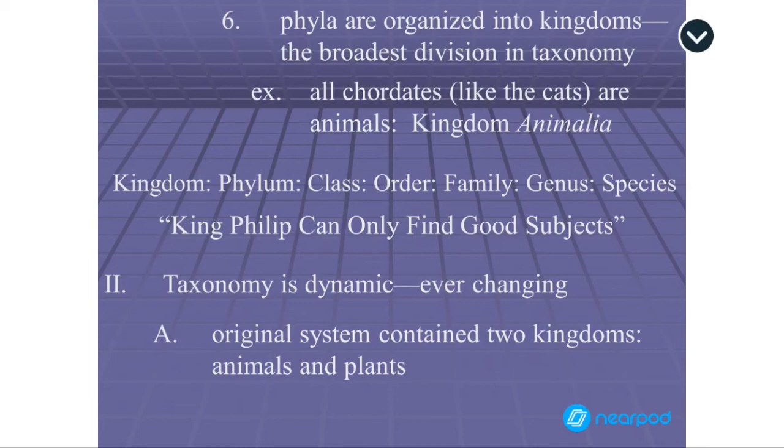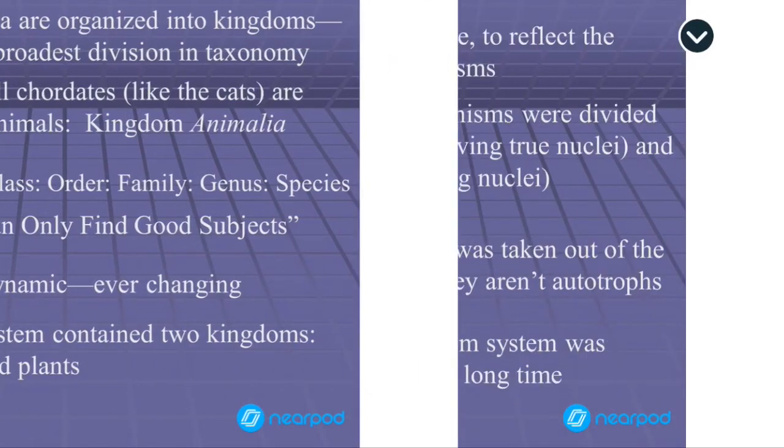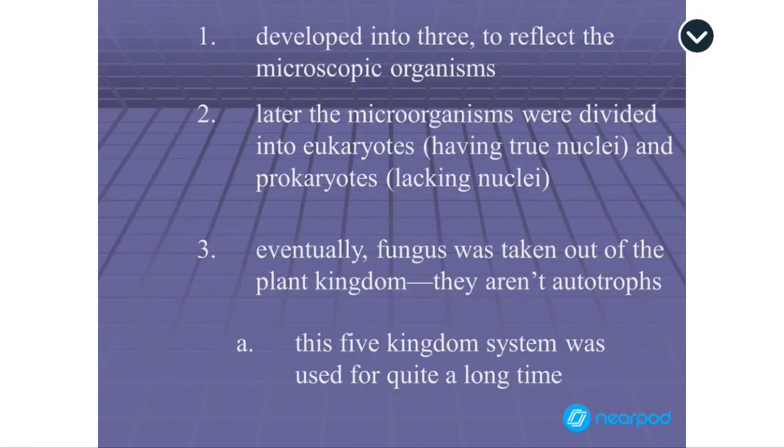The word dynamic means changeable. And so the original system that Linnaeus had two kingdoms. Actually, there was a third kingdom, the minerals. He classified rocks too, but we're just talking about the life forms, so animals and plants. And then eventually, after Leeuwenhoek discovered the wee beasties and other people realized what they were, we developed a third kingdom for microscopic organisms. And then later, with better microscopes, people realized that eukaryotes and prokaryotes exist in the microorganisms, and